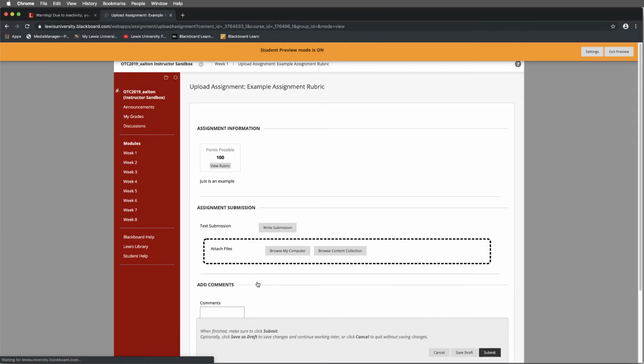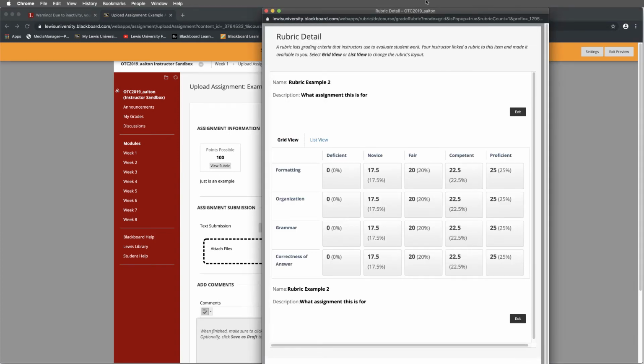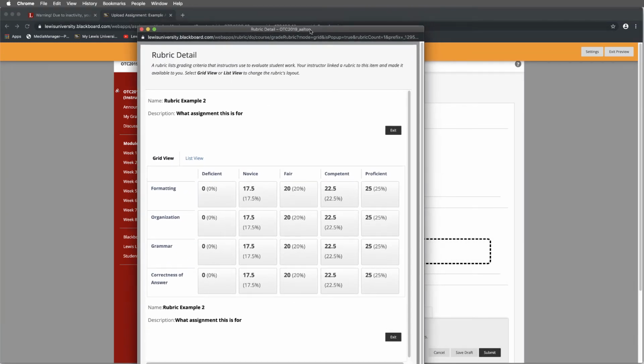If the student selects the assignment, they'll have the ability to view it, but if they select on View Rubric, you'll notice that the students get a view of the rubric on this. Now keep in mind that if you look at these point values here, we weighted these 4 criteria at 25%. So the maximum value you can earn under the proficient column is 25%. Remember that I weighted competent at 90%. So assuming that this is all broken down,